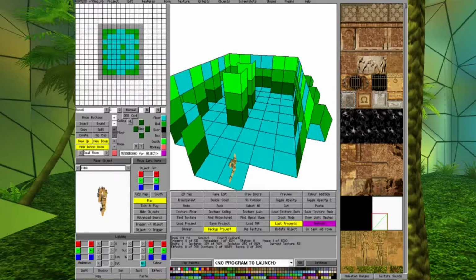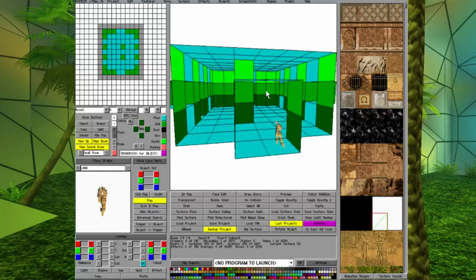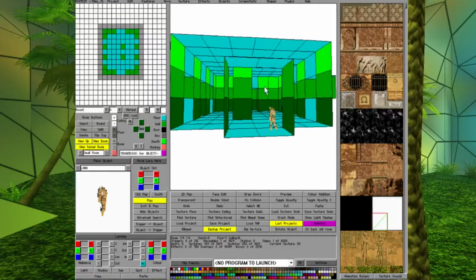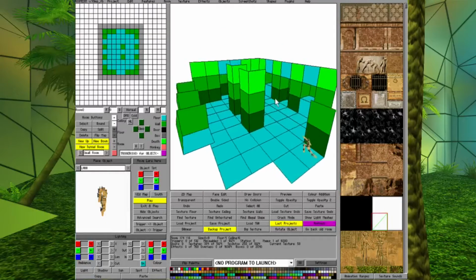Today we're going to be discussing my favourite subject within the TRLE, which is lighting. So for the purpose of this tutorial we are going to start off with this room. Now this is a fairly simple room. I've added some geometry to give us a bit of interest so that we can see how adding lighting affects